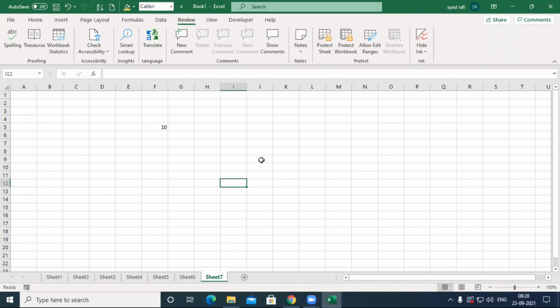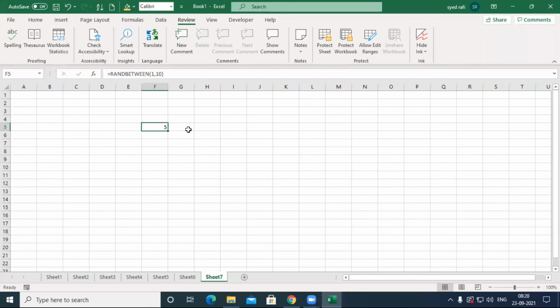Between these two boundaries, it generates a random value. So by clicking any cell, what happened? The value changes. This type of function is called a volatile function. If you change any cell in the sheet, it will automatically be updated. The formula will be updated.